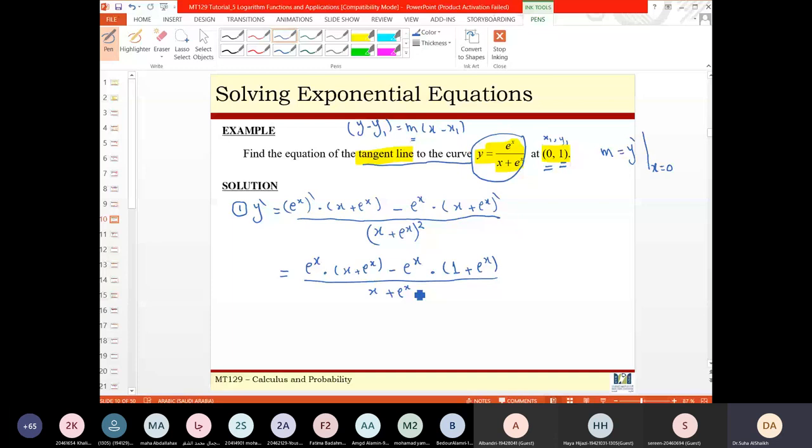Step number 2, to find the m, I need to change the x with 0, because they want it at 0. They make it very easy for me. So what should I do here? I have to change everything to 0. So this is e power 0 dot, this is 0 plus e power 0, I'm substituting with the 0, minus e power 0 plus e, and change this to 0, this to 0, all divided by